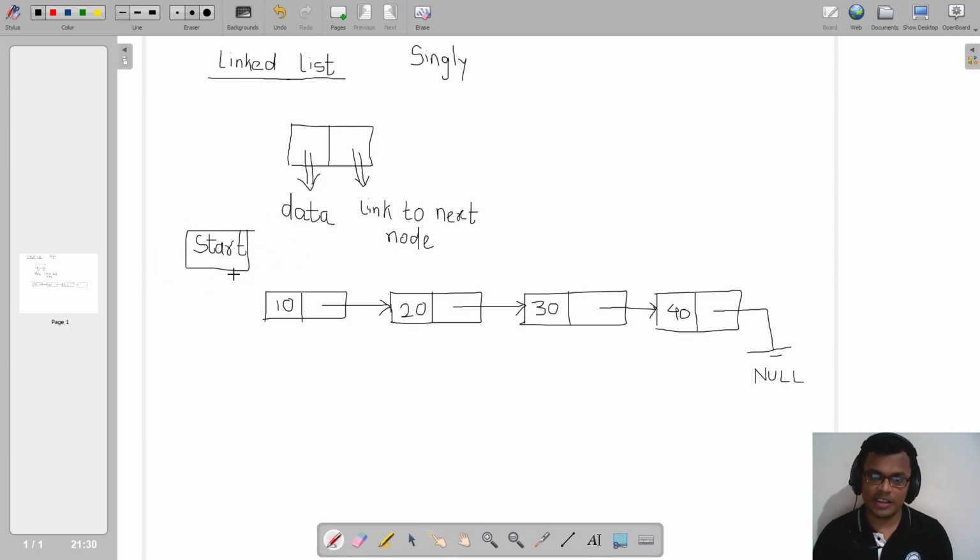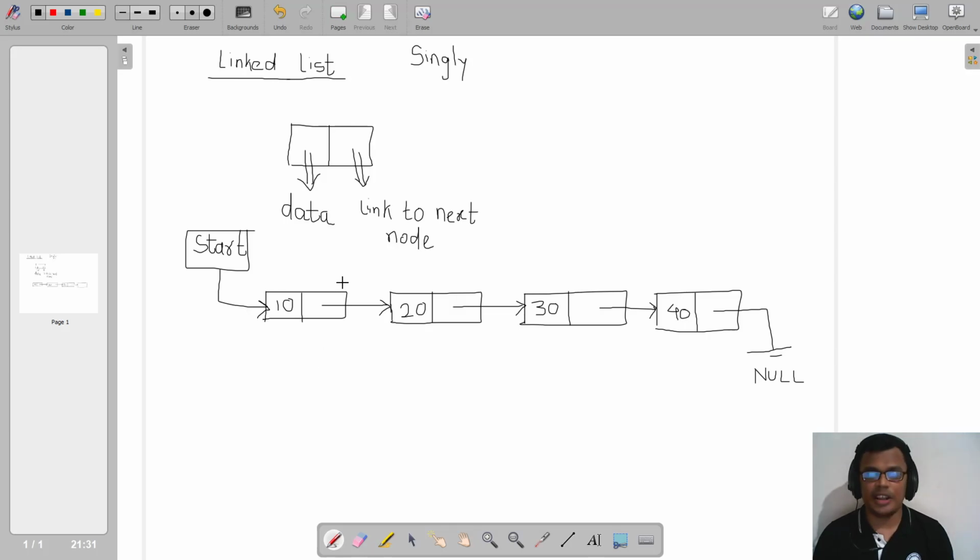Similarly, this start is also a pointer which is pointing to the first node, or the starting node, of our linked list. Now what we should understand here is very important: this start is not a node. This start is just an external reference pointer.